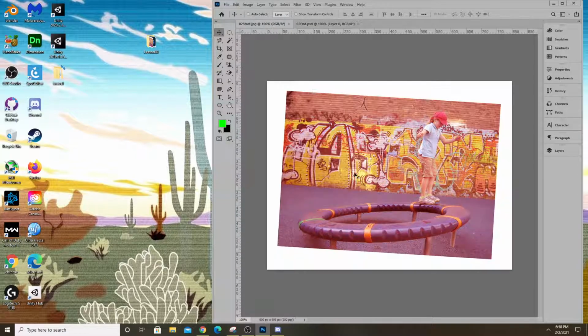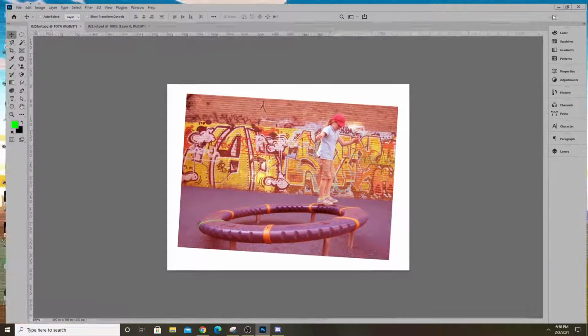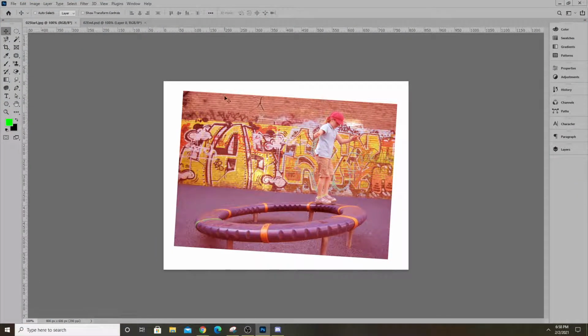Okay. So first thing is we want to rotate this image so it's straight, and at the same time crop it so we don't have any of this extra white around the edges. So there's a couple ways to do it. You're gonna have to crop and rotate the image. So the way you would do it if you didn't have a special tool to rotate and crop at the same time, you would have to say